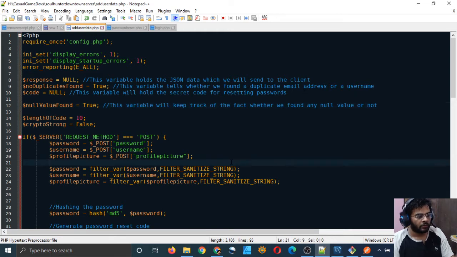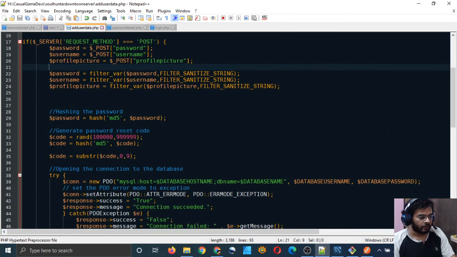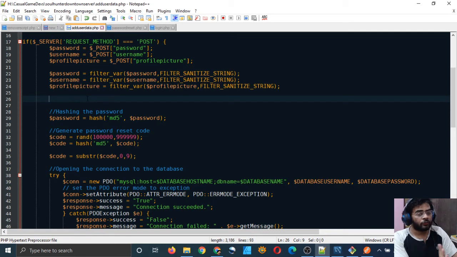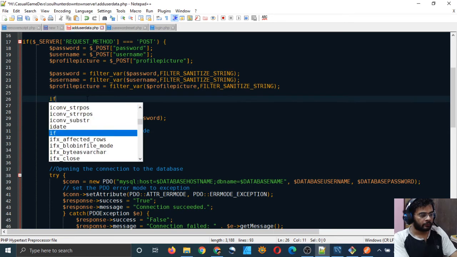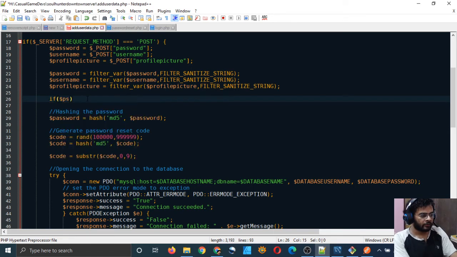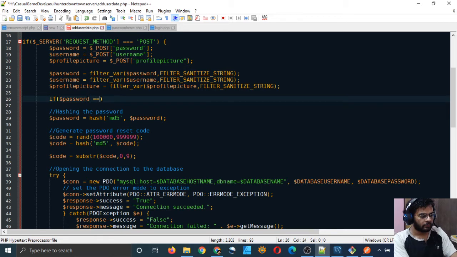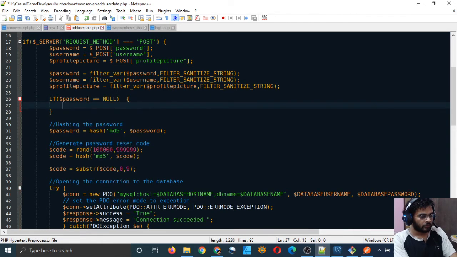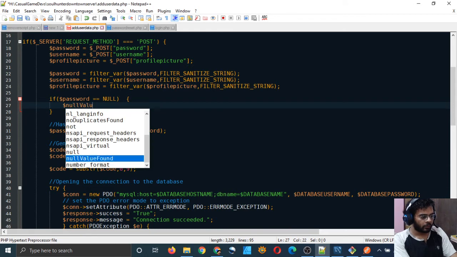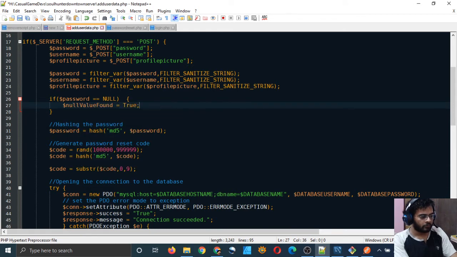Null value found is true by default, because we are just assuming that the user will do something wrong at first, right? So let me see if this works: if password is equal to null, then dollar null value found is equal to true.